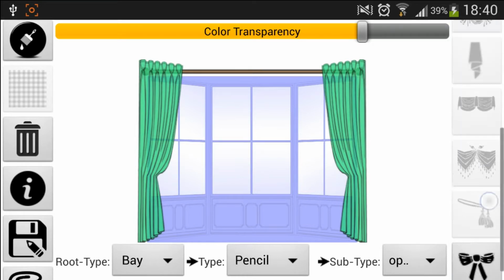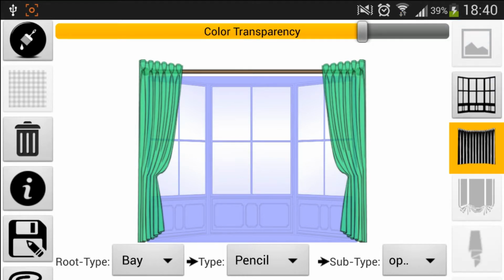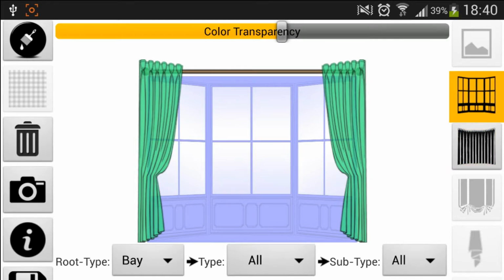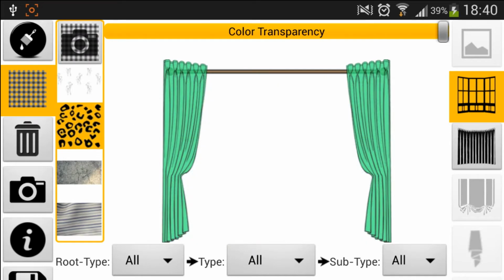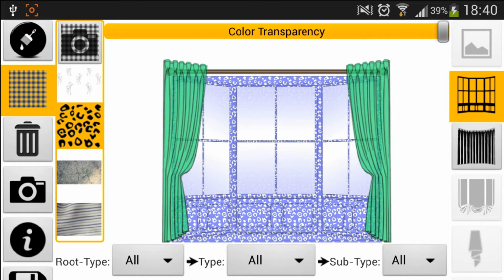Okay. We can also apply patterns to the windows. So we select the window icon and we apply the pattern icon, and we can select which pattern. We can also adjust the transparency of the pattern. When the pattern is selected, we just use the transparency.